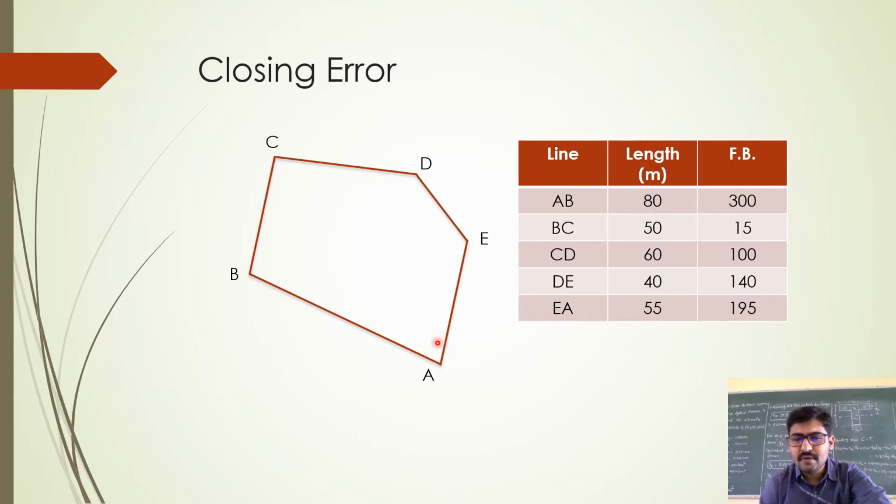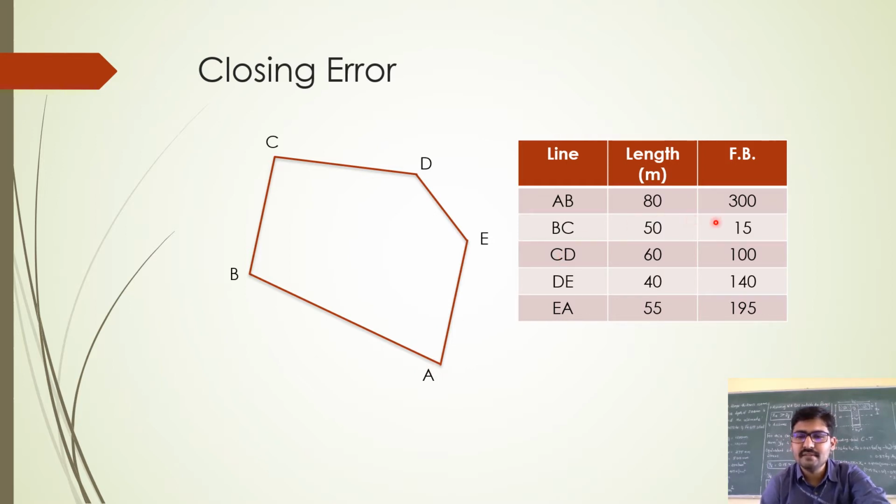Now what I will do is keep the compass on point A, then I will sight point B through the compass. You know how the compass is to be worked with. Once you fix the compass at point A, you carry out the temporary adjustment, then you sight point B, right? When you sight point B, whatever angle it shows is nothing but the bearing of that line, right?